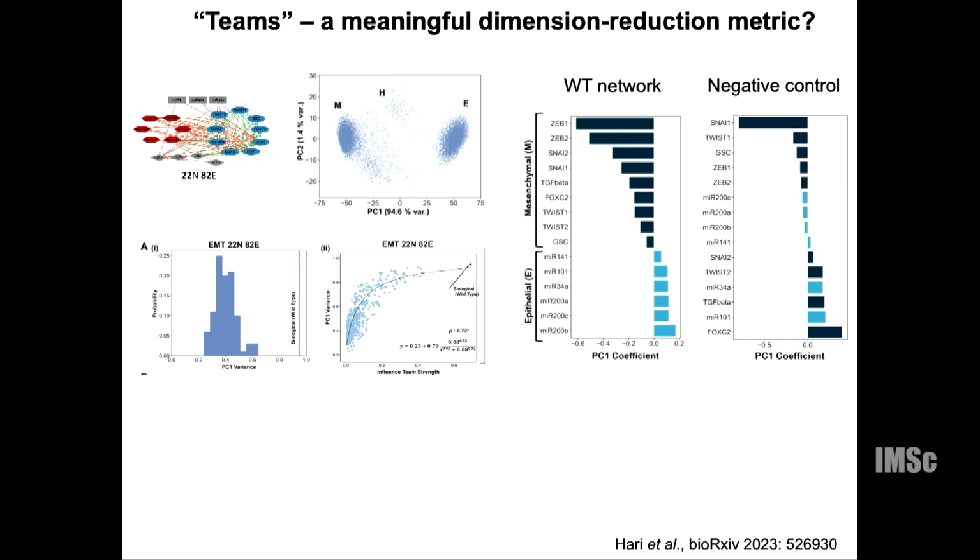Now, interestingly, when you look at the coefficients of principal component 1, because what does principal component analysis do? It basically is a linear combination of variables, which explains the maximum variance, right? So you could actually look at the coefficients of that and identify which variables are in the same direction